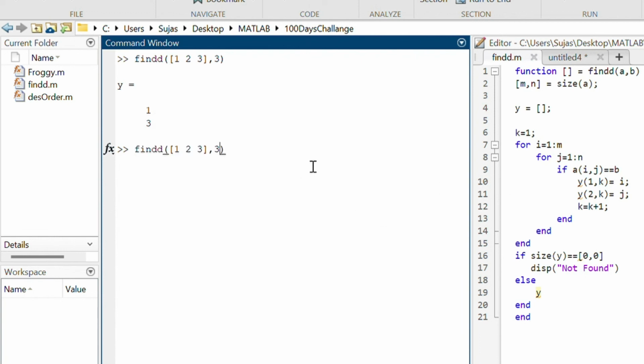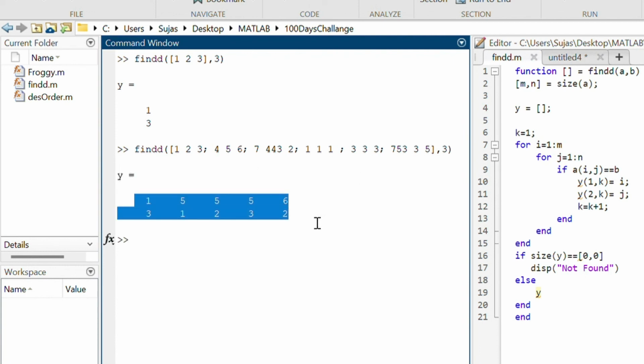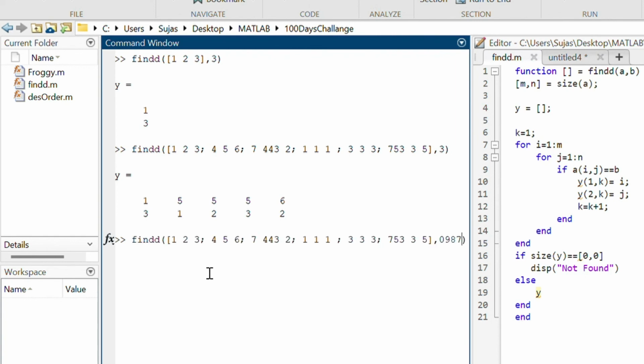Let's say find 456, 9432, 111, 333 and so on. Now if I press enter, you can see that it will show all the elements of 3 with their rows in the first row, and the columns in the second row. So it is very convenient to use. If I say, like, if I found some